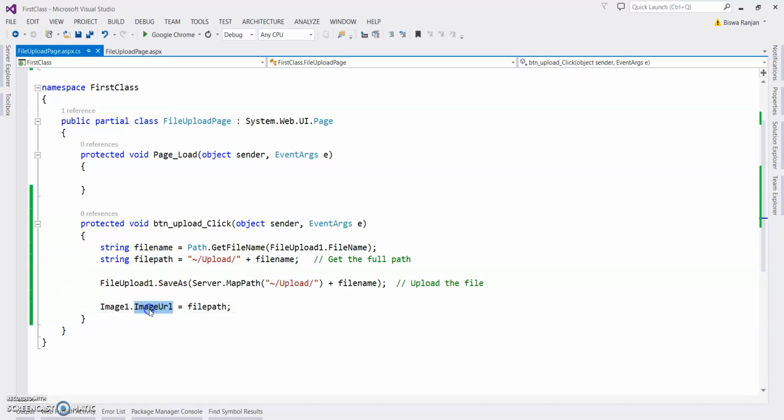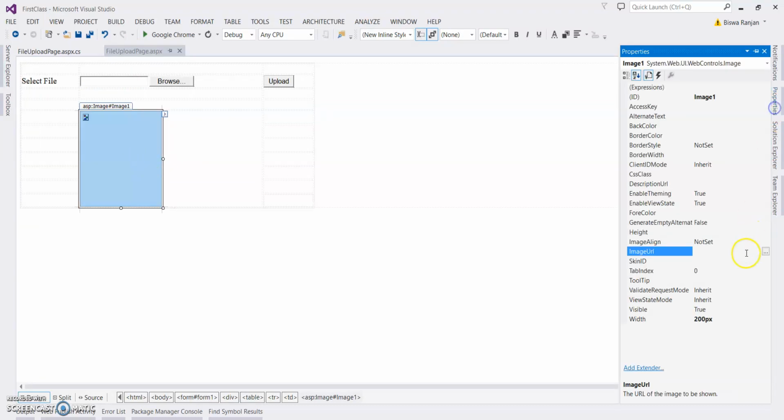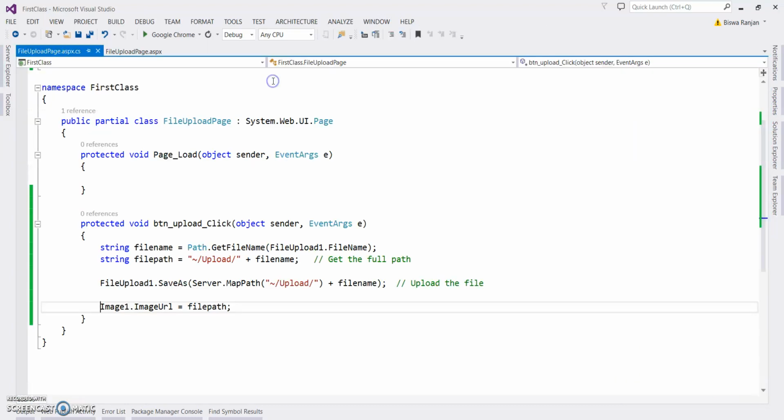This ImageUrl we are assigning dynamically. You can go to this picture, go to properties, and see there is a property called ImageUrl. So now we added a line of code which will save the file and display the file in the image.